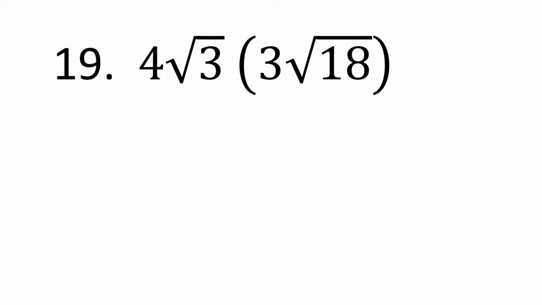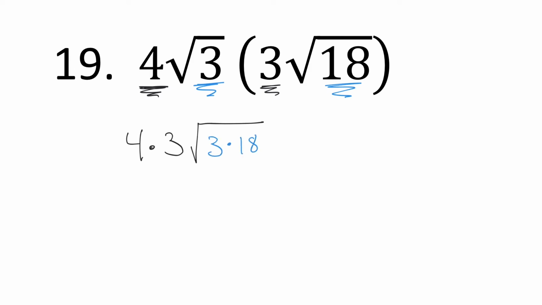So first, you will multiply the numbers outside, the 4 and the 3. So I'm going to put 4 times 3. Then the product property says you can multiply the numbers inside of the radical, the 3 and the 18. So inside you multiply 3 times 18. So outside of the radical, 4 times 3, that'll be 12. Inside of the radical, 3 times 18,